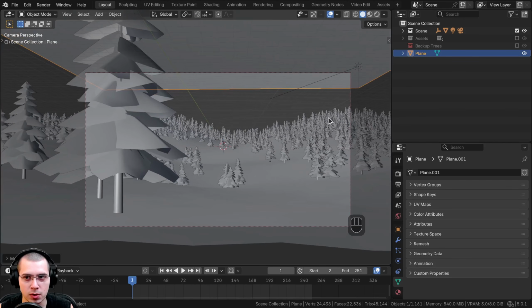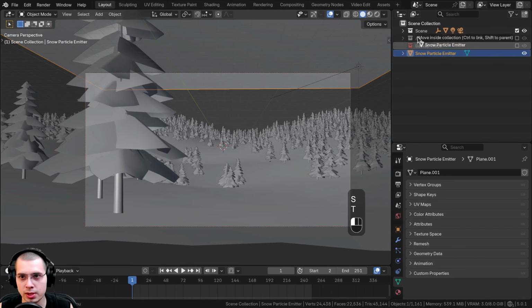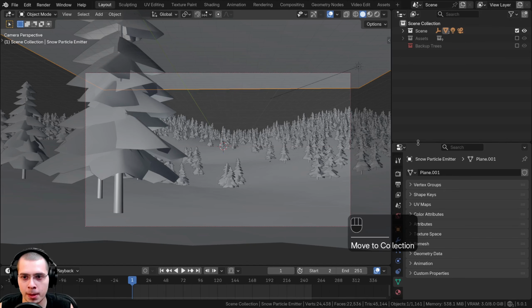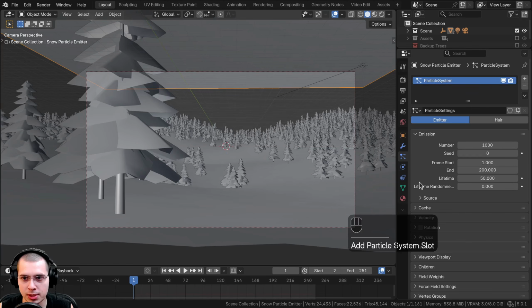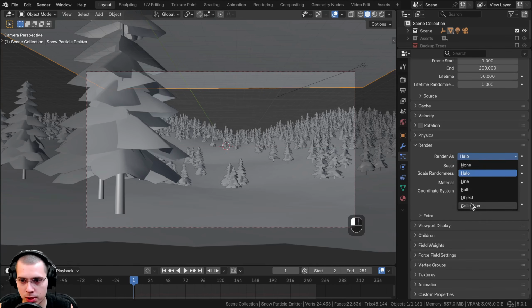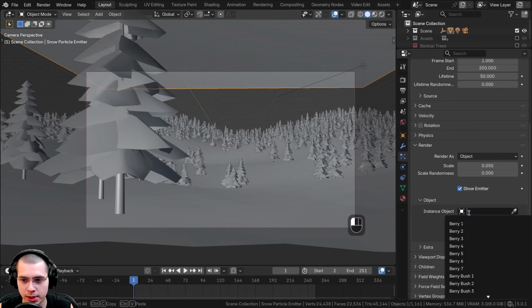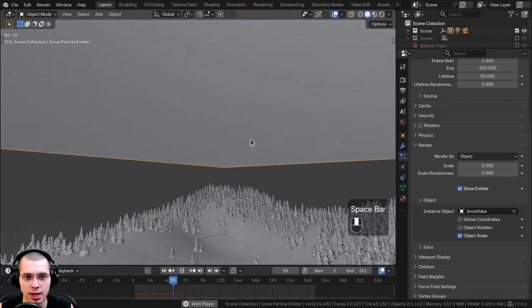So we're going to have snow falling out of this, so we can rename the plane to snow particle emitter or whatever you want to call it, and let's just put it into the scene here. So now let's add particles to this. So I'll go to the particles, we'll click on the plus to add particles, and I can just call the particles snow. And what we want to do is go here to the render, and instead of halo, we're going to choose object, and then for the object, we're going to type in snow, and we're going to add the snowflake object. So now we can hit the space bar to play this, and it's going to be really small,